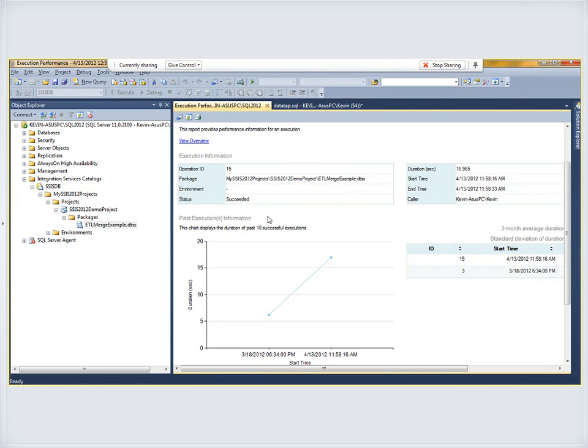One more feature I want to talk about here. I have about 5 minutes to go, so I'm going to come back to my slide deck. And the last feature we're going to talk about here